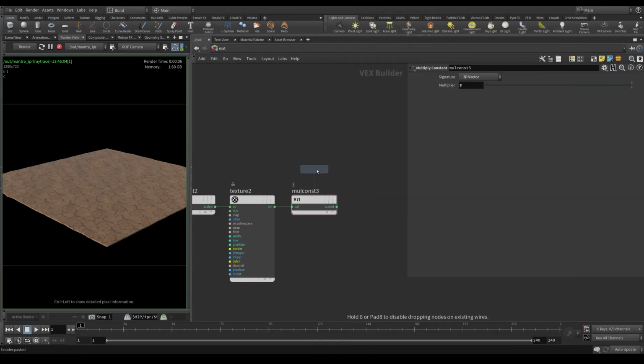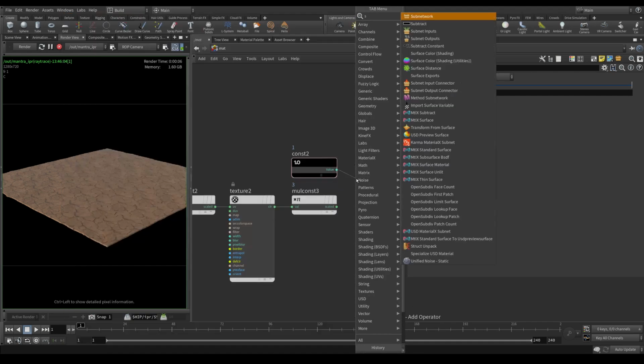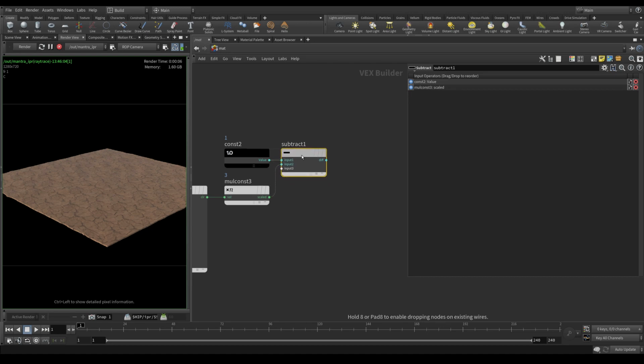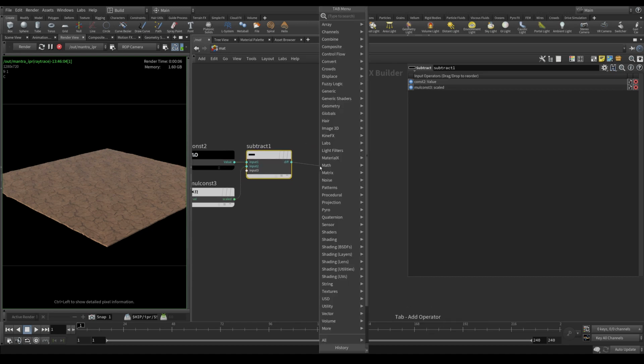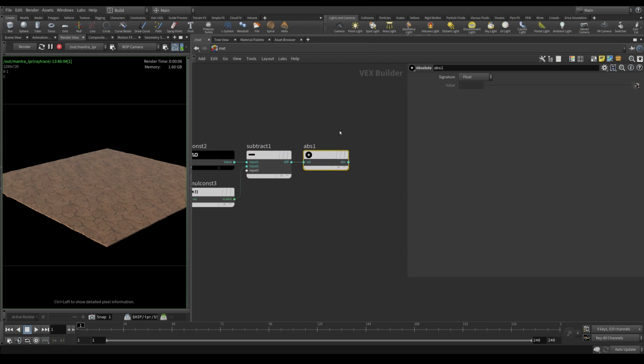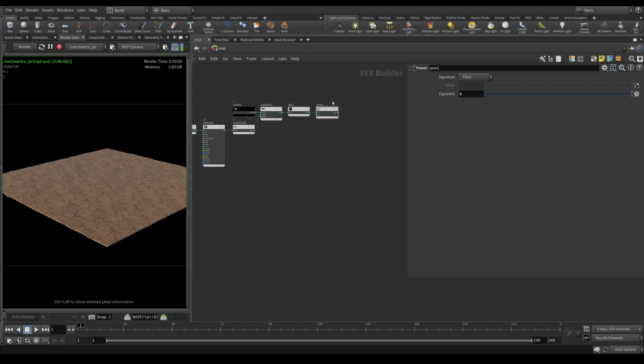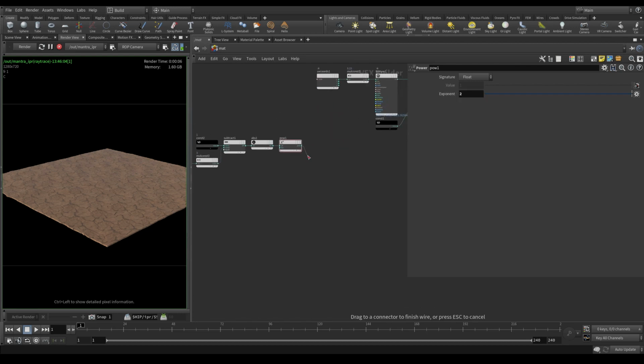So we need a constant 1, we're going to subtract this, and here let's create an absolute value from that. So now we can make a power of 2, or maybe let's leave it, yeah, 2, and now we can multiply it by